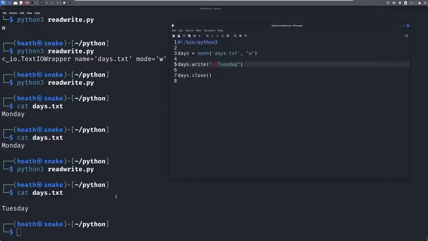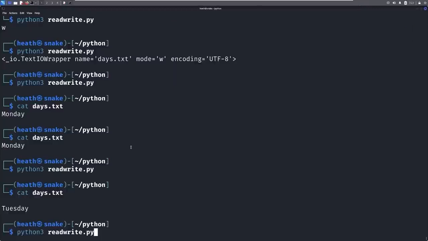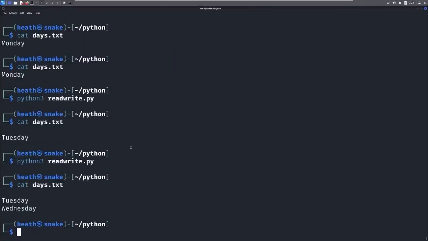So what's happening here is we're actually writing to a file, which is overwriting the file. We're not appending to the file. So if we wanted to append to the file, what we need to do is change this W to an A. And we can come in here and we can write in Wednesday if we wanted to. Save this. And now run this and run that. And now you can see